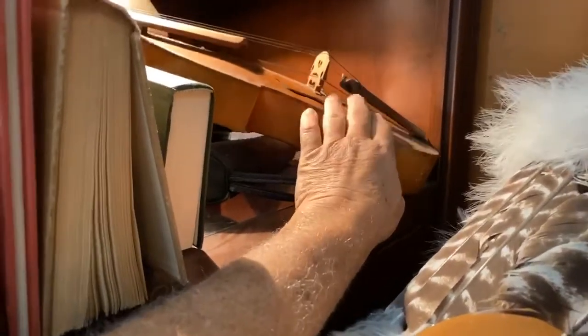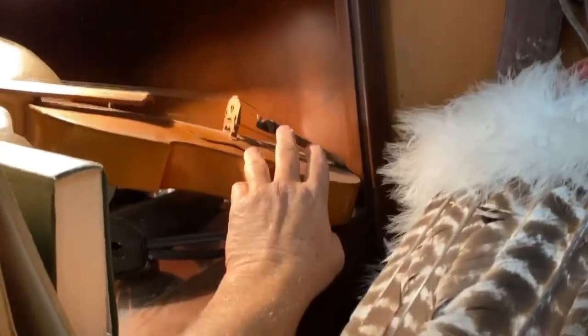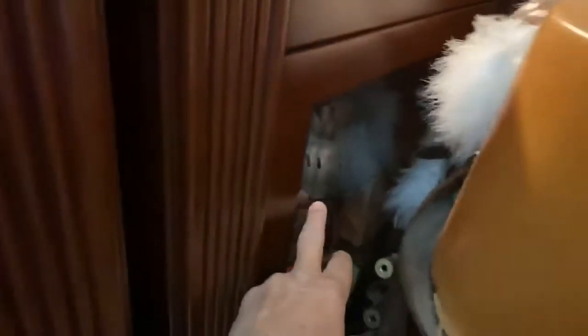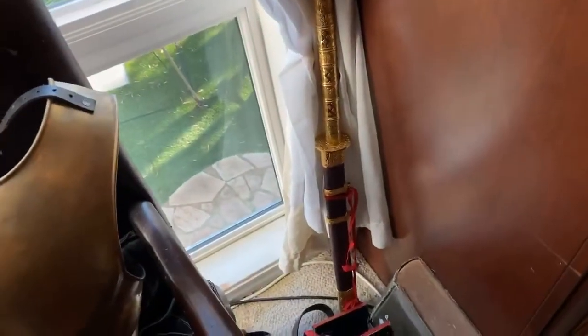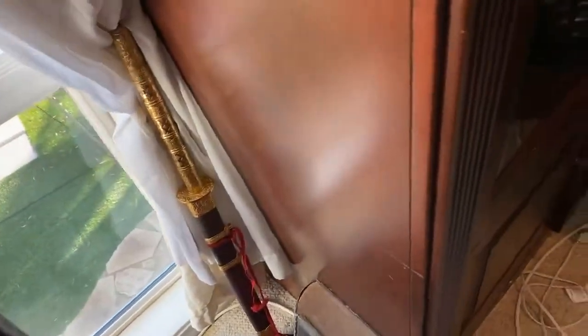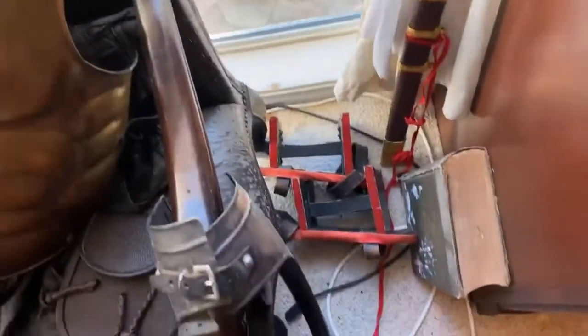And I have a cello made like that. It's a violoncello d'amore, the cello of love. Here's a museum copy of a very famous emperor's sword. Ultra short. Here are my samurai shoes to walk in the mud. And I have a hakama. I have my costumes in the